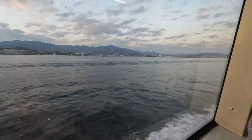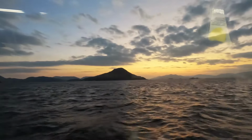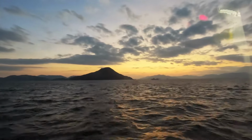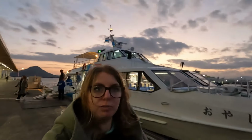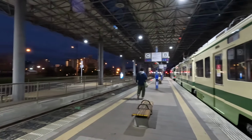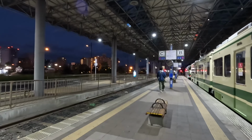But honestly, I really enjoyed the speedboat ride, and I actually probably would choose to do the same again just for the drive through the islands. And just like that, I was back at port. This is like strangely cute, this little port station. So I'm waiting on the